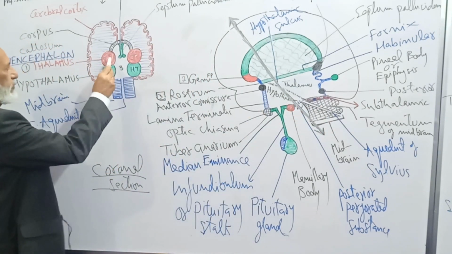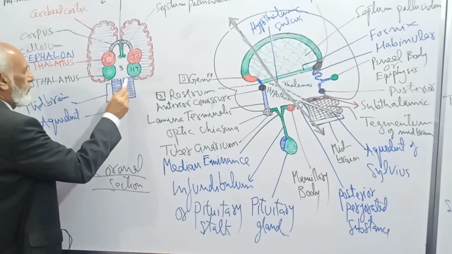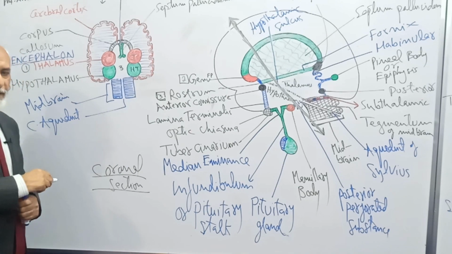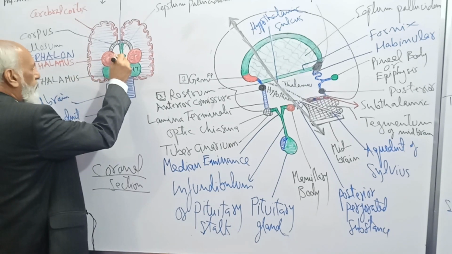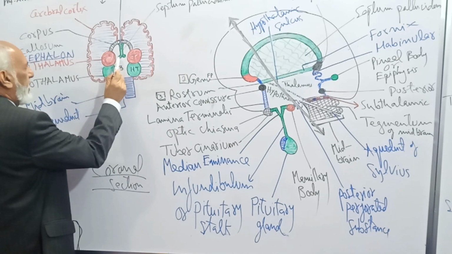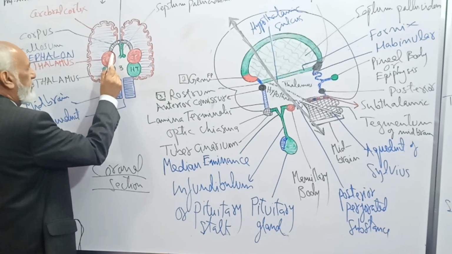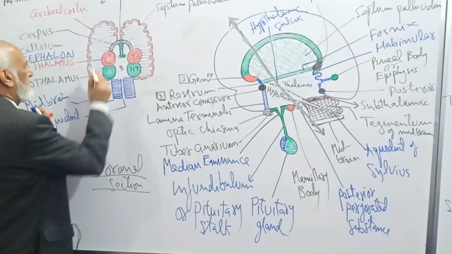In this diagram you can see the roof, right lateral wall, left lateral wall, and floor only in the region of midbrain. Now this is roof, and can you see the roof is formed by fornix, and there is a gap between the thalamus and fornix, that is between the lateral wall and roof. Here there is choroid plexus.